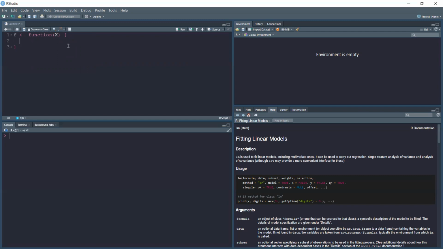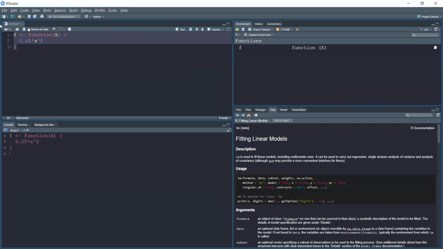Shall we take maybe a quadratic one? So x, why don't we take 0.05 times x squared, and this hopefully works. Yeah, so you can now see in your environment, we have the function f. It's dependent on a single argument, uppercase X. Now I can type f of, for instance, 60,